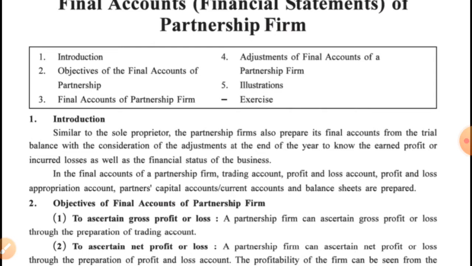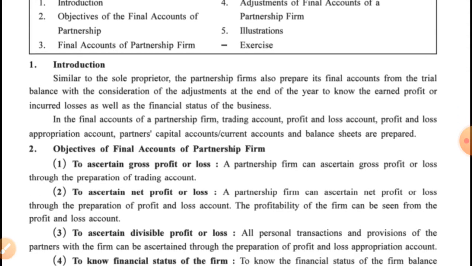The main purpose to prepare the final accounts of any business unit is to know the financial status of the business. Let us understand what the objectives of final accounts of partnership firm are. First one, to ascertain gross profit or loss. The main purpose behind the preparation of final accounts of partnership firm is to know the gross profit or loss, and we already studied in 11th standard that gross profit or loss is ascertained by